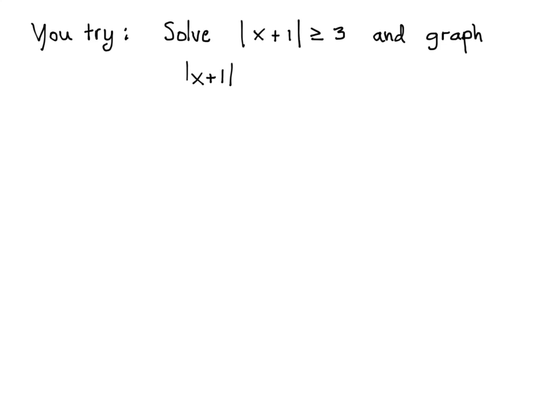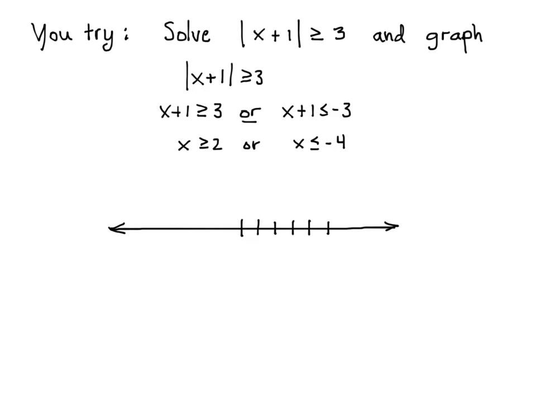Okay, so let's look at this. This is an or, right, because it's greater than. And so we make two equations out of it. We just take the absolute value signs off of 1, and then we do the same for this side, but then we turn around the inequality and make this side negative. So when we solve it, x has to be greater than 2, or it has to be less than negative 4. And so if we were to graph this,